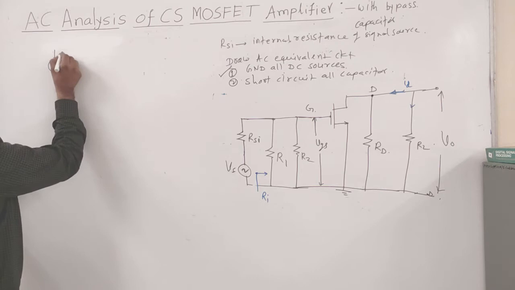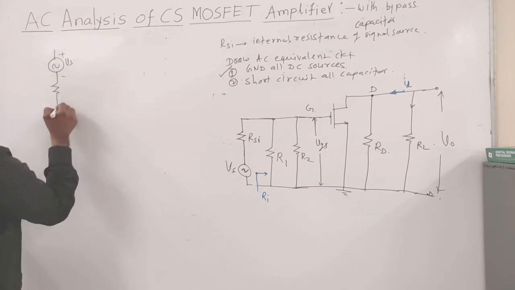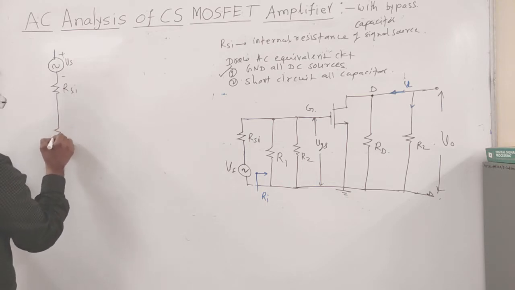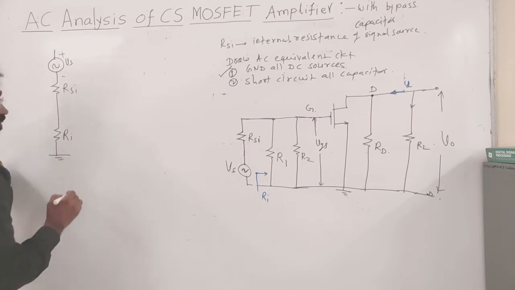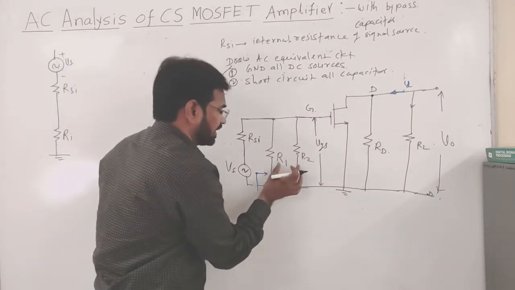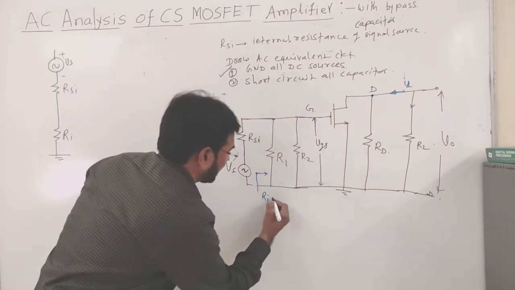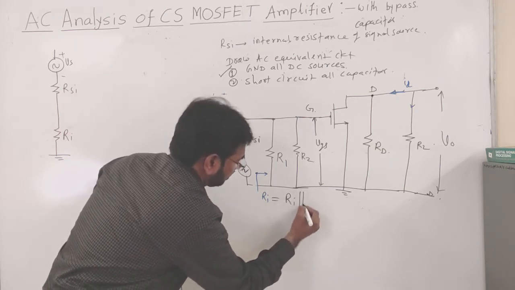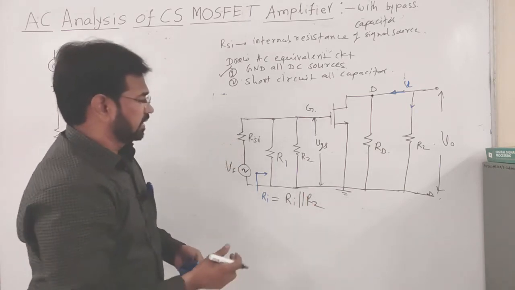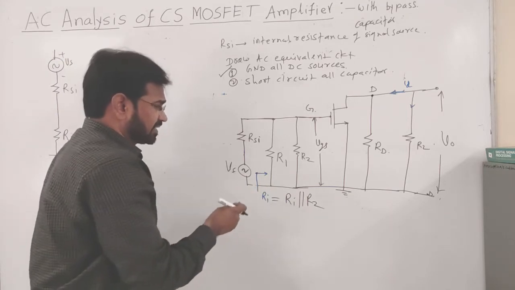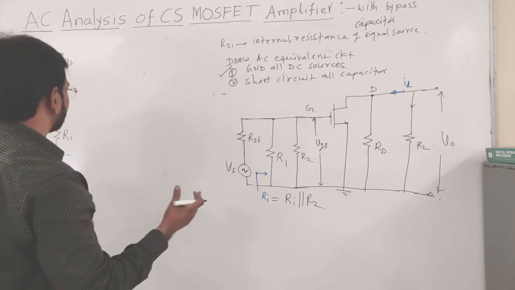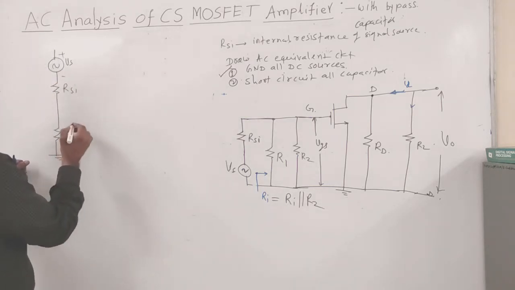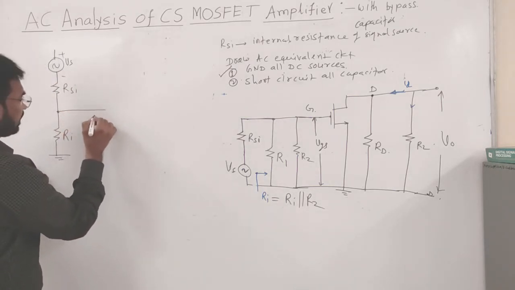Vs, okay, plus minus, and it is the internal resistance of the source, and here we have Ri. So, this one is Ri. From where did we get this Ri? So, it is R1 parallel to R2. So, Ri is equal to R1 parallel to R2, okay. The combination of this is the resistance looking from this side, the total input resistance of the circuit. So, it is Ri. So, across this we have VGS,